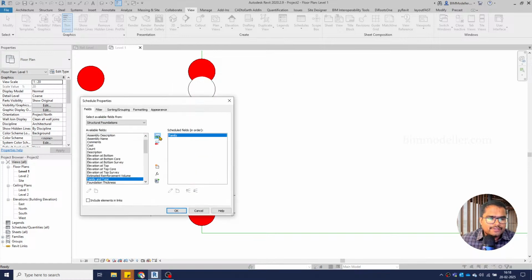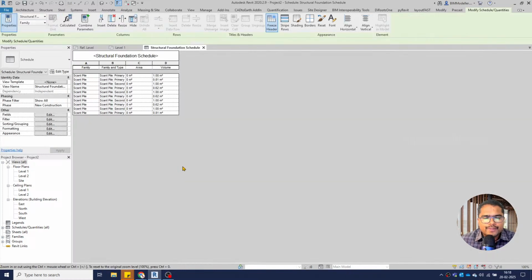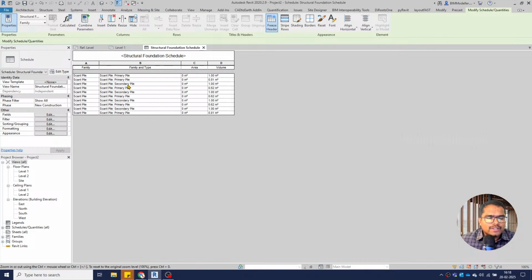I'm going to select the family name and family type, the area, and the volume. If needed, we can select other dimension parameters, but as of now I don't need any of these. Now you can see that the primary piles and the secondary piles are listed alternately in this place,